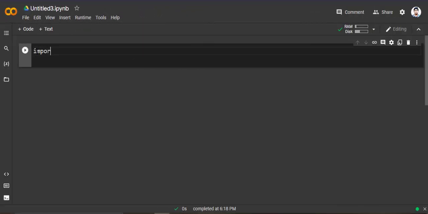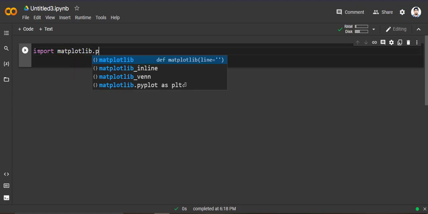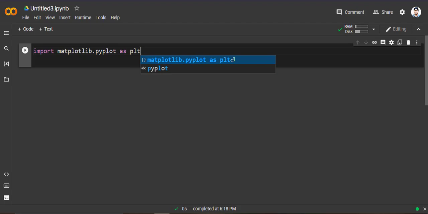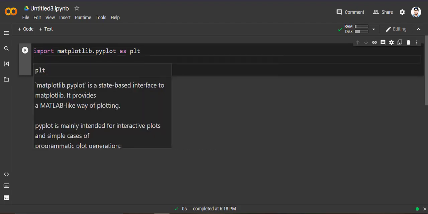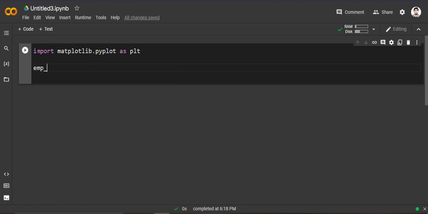For importing Matplotlib, type import matplotlib.pyplot as plt. We have taken a list for storing the age of each employee. emp_age equal to a list,